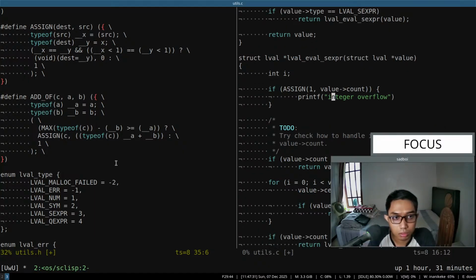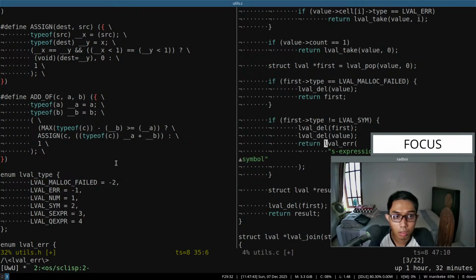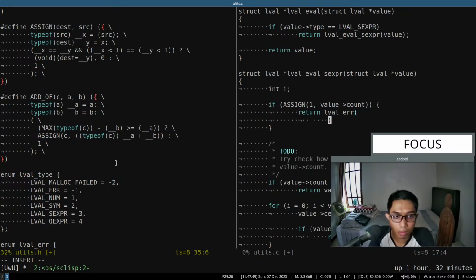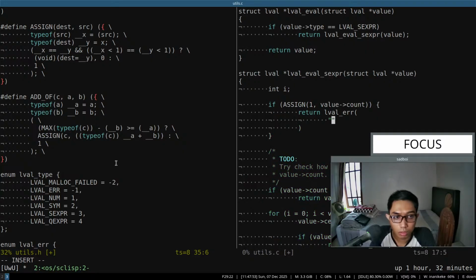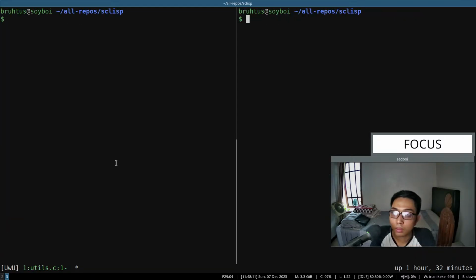Or maybe just return an error, right? Overflow in value count. Maybe let's